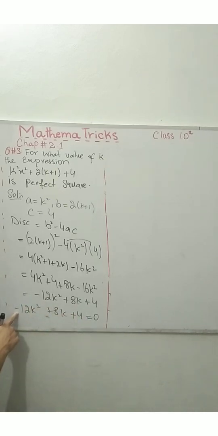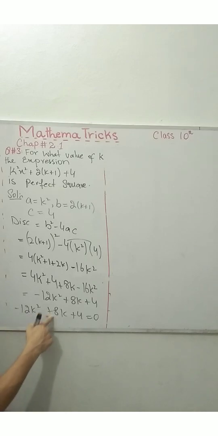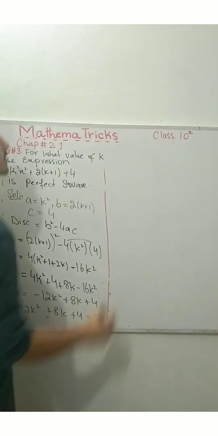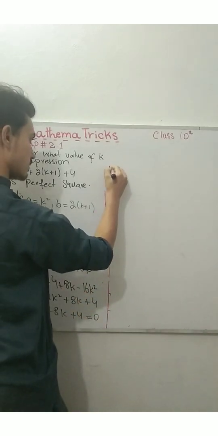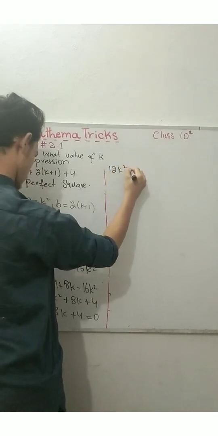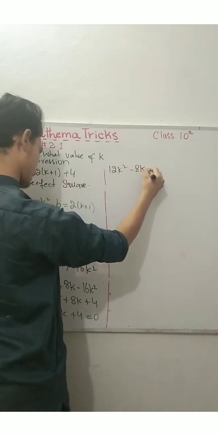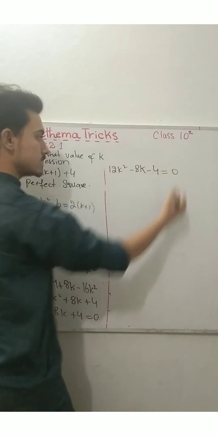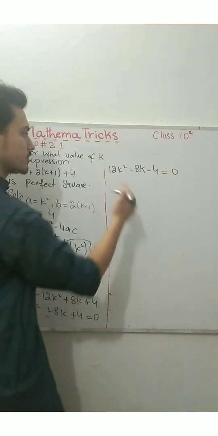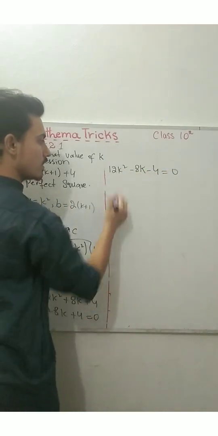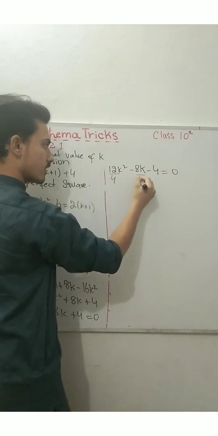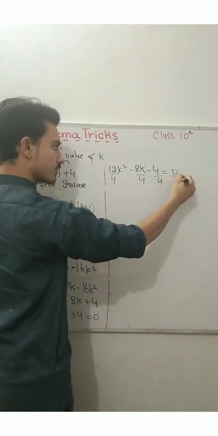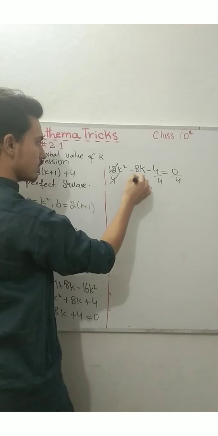When we multiply with minus 1, I got 12k square minus 8k minus 4. If you check this out, all these values are multiples of 4. So just divide by 4 on both sides of the equation. What I got